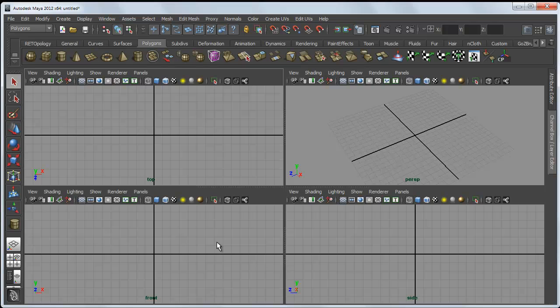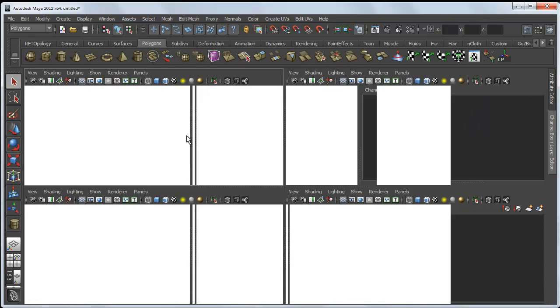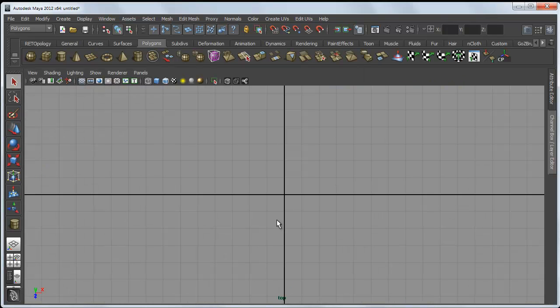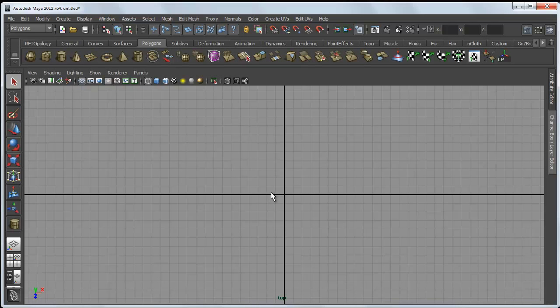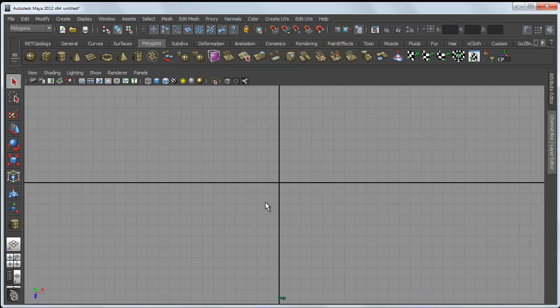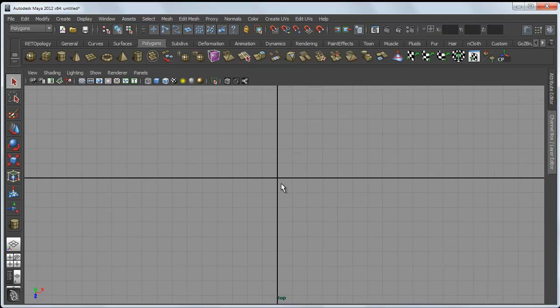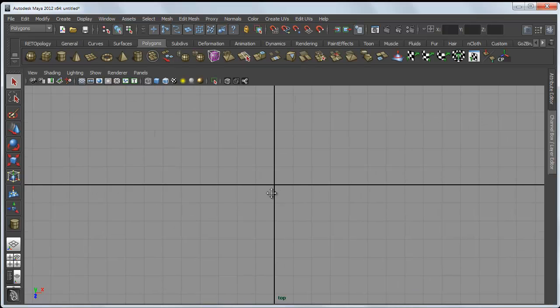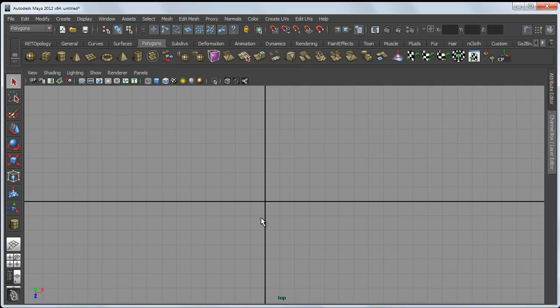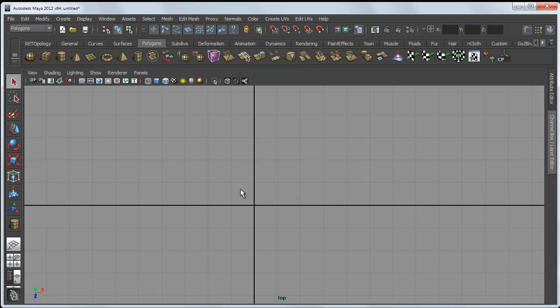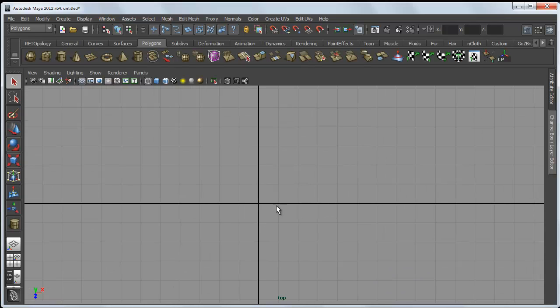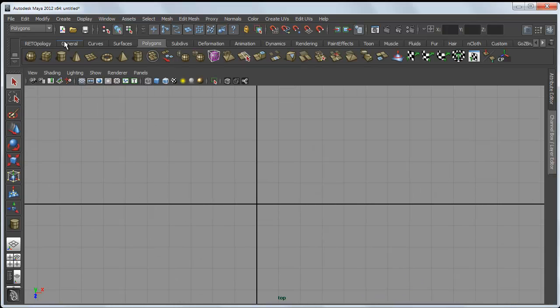So I have to think that I'm building the project in centimeters when actually it's in meters. So I've just hit the space bar and am using the middle mouse to scroll out, and this is dollying the camera out. Okay, and if I click with the middle mouse button and drag, I can actually pan. Now the scroll mouse that I'm using at the moment is not very good,